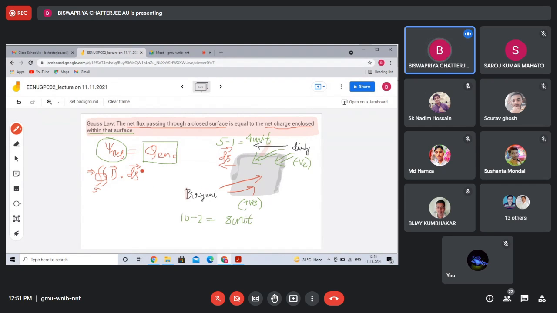That will be equal to Q enclosed. Okay. So flux density you can measure, area you can measure. If you multiply these two, you can evaluate psi net, the net amount of flux. Agree? So if this is okay with you, now you tell me, how do you measure the net enclosed charge within that room?